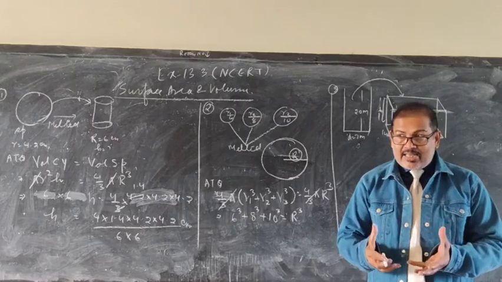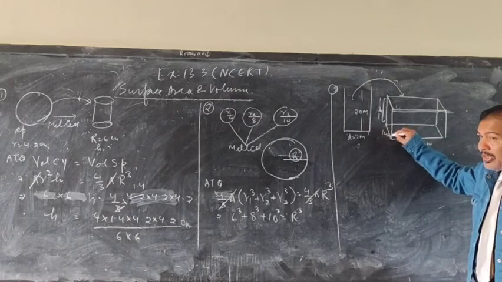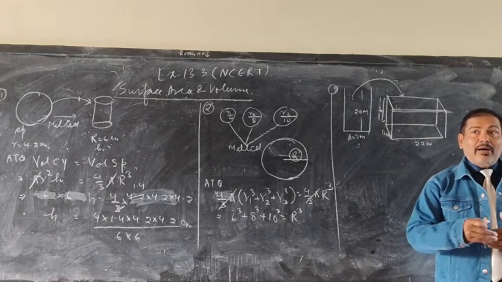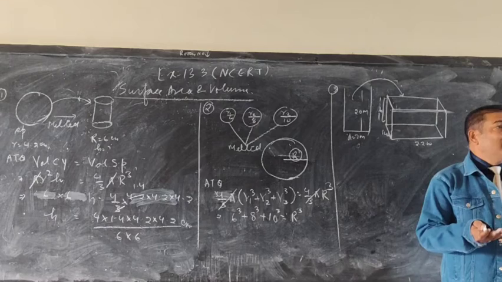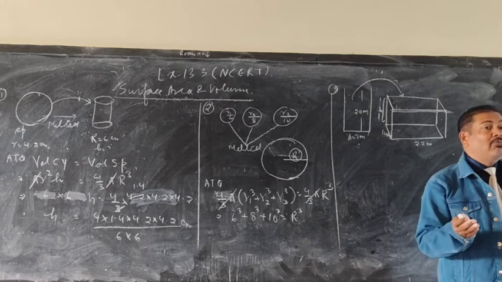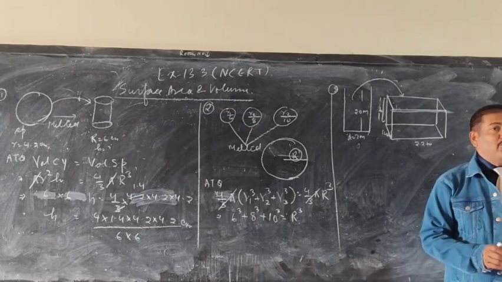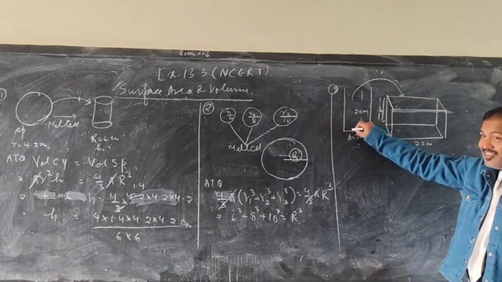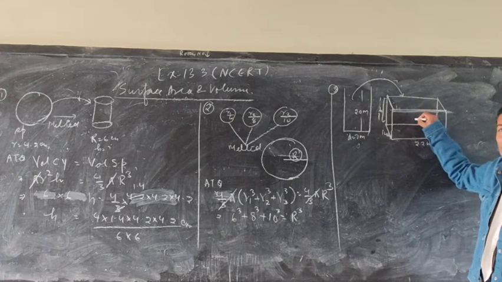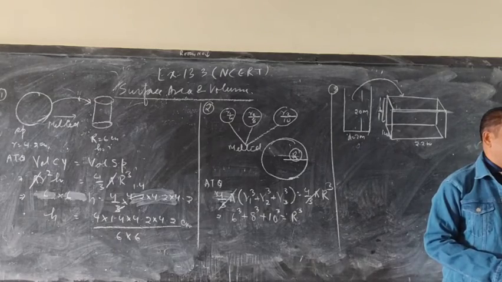The earth that is taken out from the well, where was it put? It was put on that piece of land. So the length or breadth of the piece of land did not increase, but its height increased. So the total volume of the earth taken out from the well was utilized in filling that piece of land. Which means the volume of the earth, which is in the form of a cylinder, taken out is equal to the volume of that earth which was spread on that piece of land.